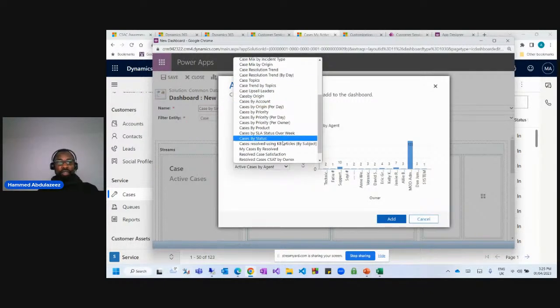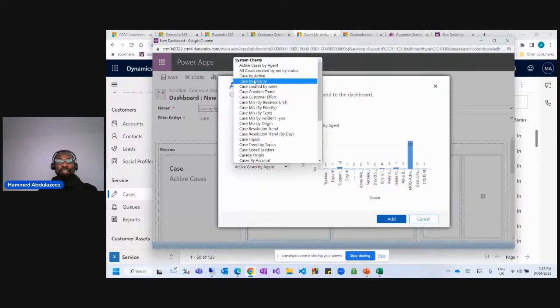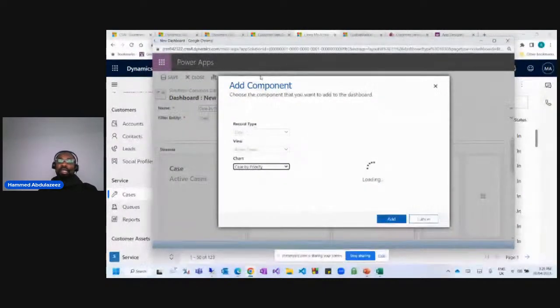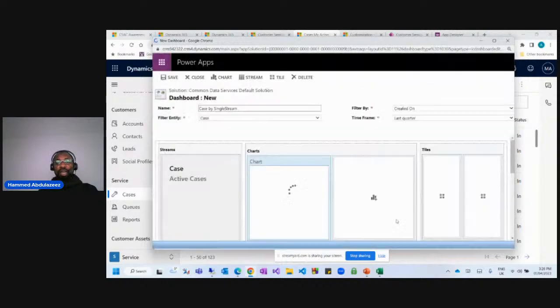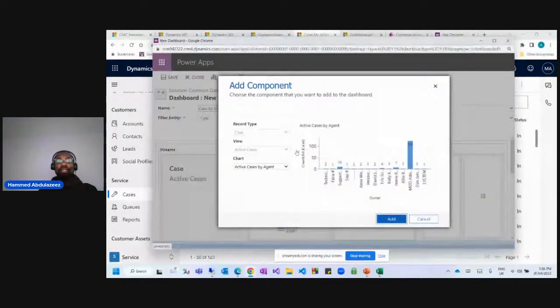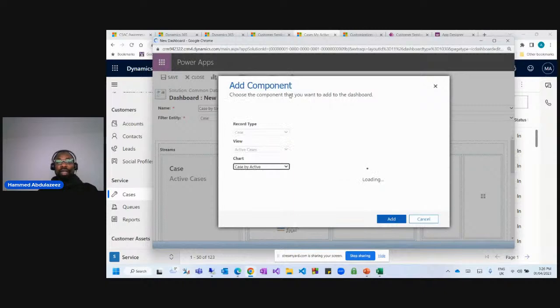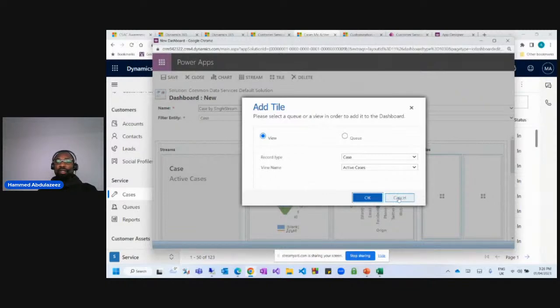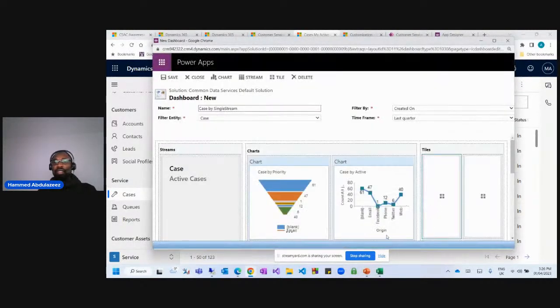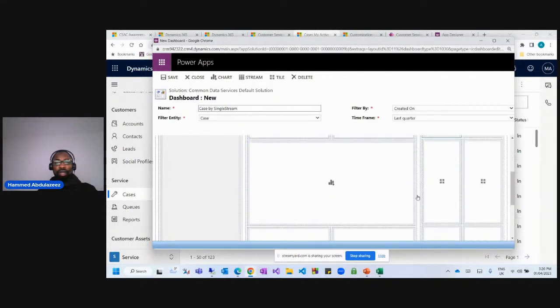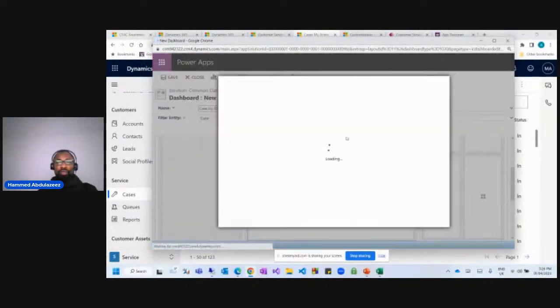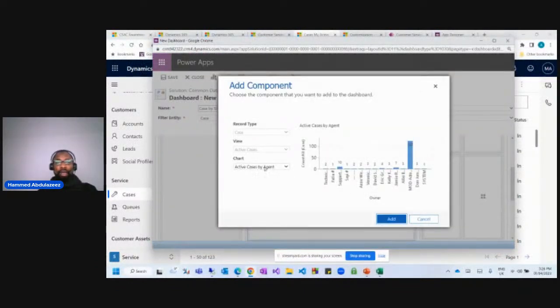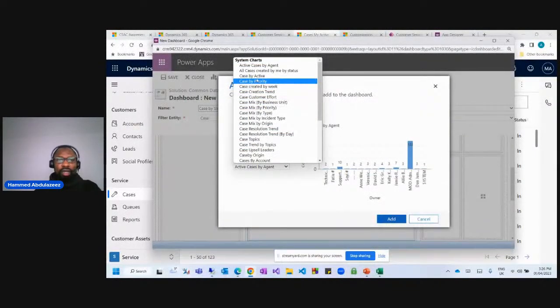We talked about charts earlier. Case by priority by active case, right? This was selected, and as you can see from here, I can add it. I can select again and add case by active. I can add my chart. I can select from here. Okay, this is another add chart. Let me see from here. I can add another chart based on